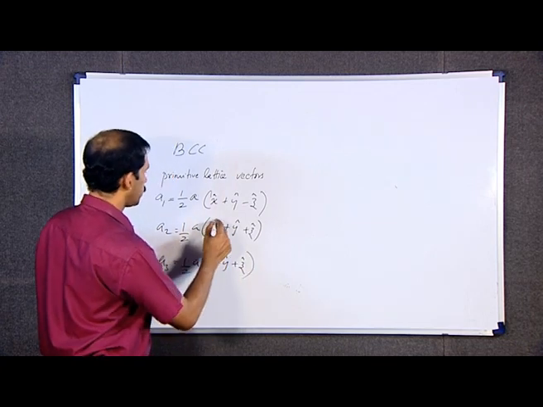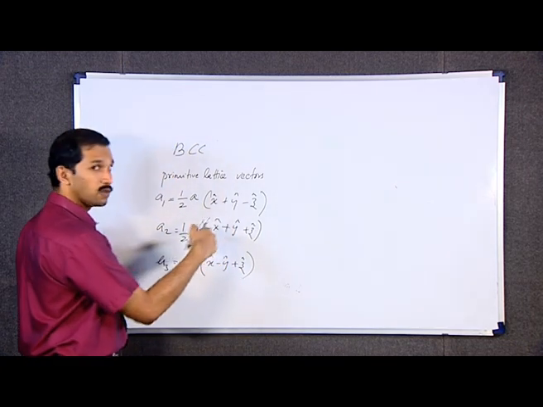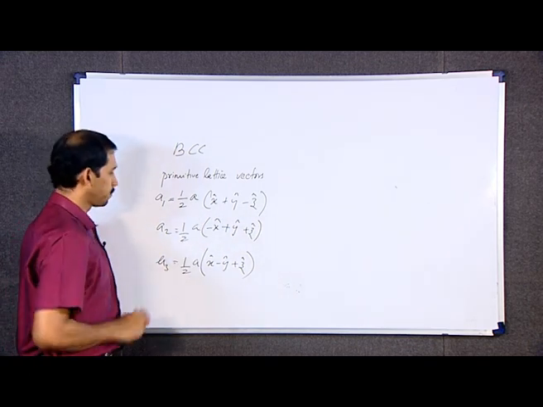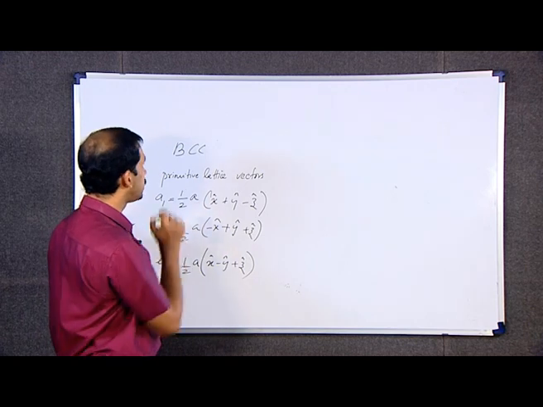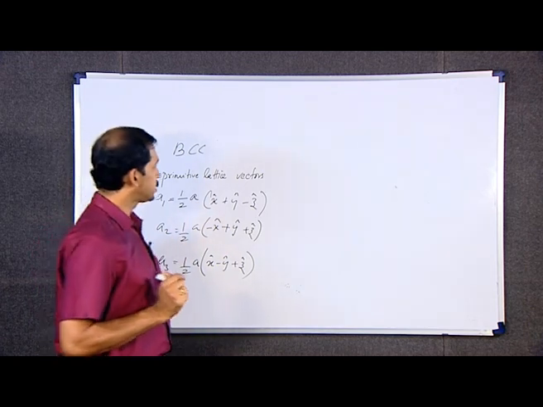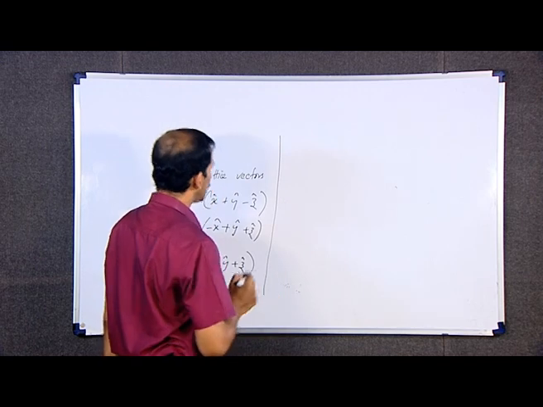It is very easy to remember. You can see these negative signs which are going in a cyclic manner. So, these are the primitive lattice vectors of the BCC, but at this juncture I should be telling you